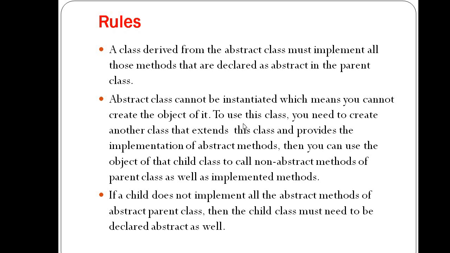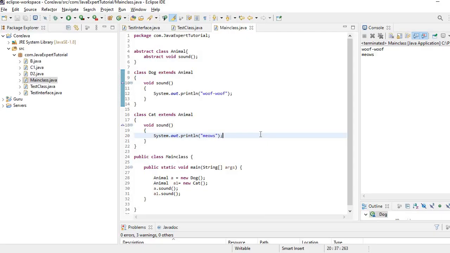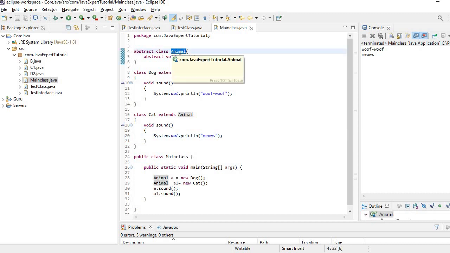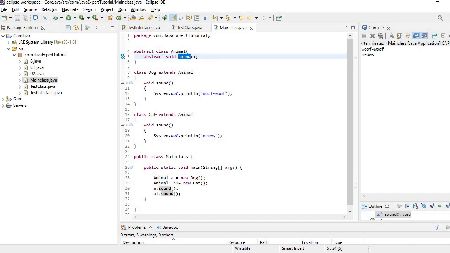Now let's see a practical example of it. So guys, this is the example of an abstract class. Here we have a class Animal and it has a sound method, and we have two subclasses, Dog and Cat.